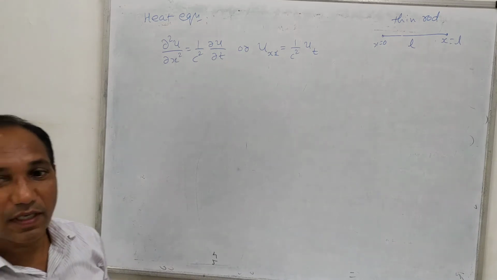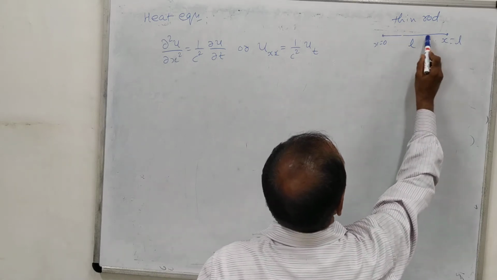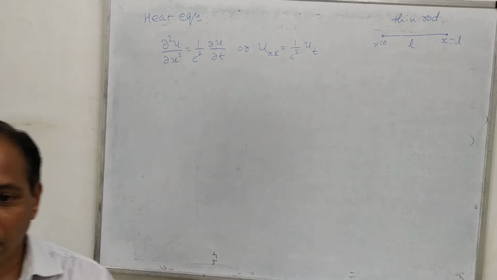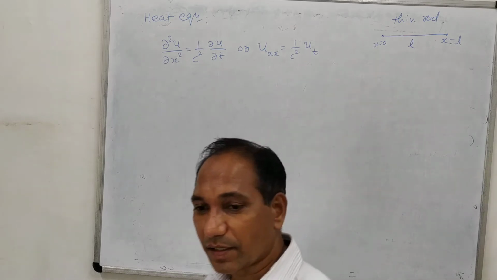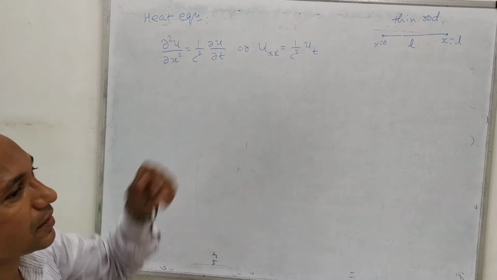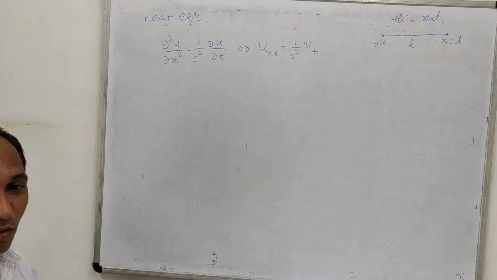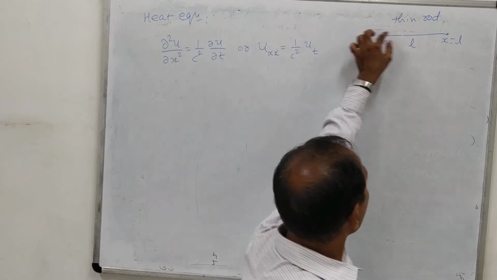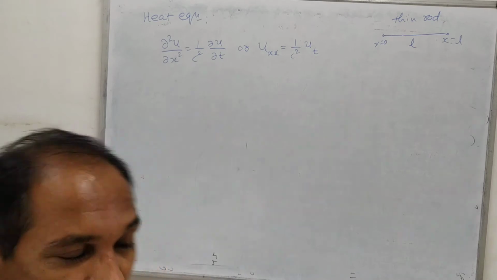Then it is given heat. So we can have a temperature distribution at different points along the rod, and at different times, since it is also time dependent. At different times the temperature will vary, and how it varies we can come to know from this equation. It is derived from the problem of a thin rod, and the end points or the surface may be insulated, whatever is given in the problem.